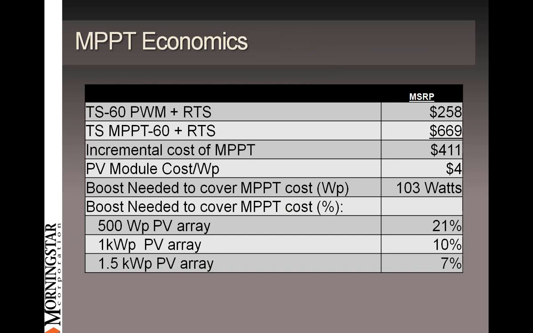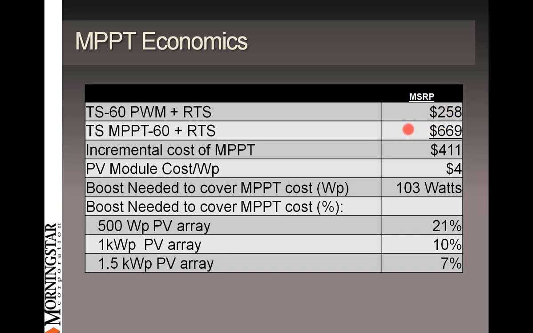So here's a little bit of economics. Basically, I'm trying to illustrate here an example of why MPPT makes economic sense, why it's worth the money. Because I'm sure everyone dreads when you're in a sales position and you're on the phone and someone says, well, is it really worth it? Do you think I should fork over the money for that? I'm sure this has happened 1,000 times,